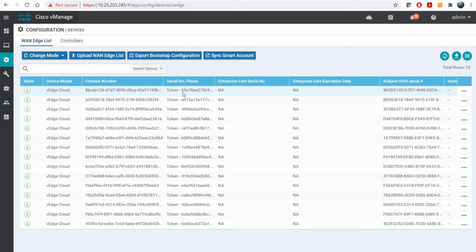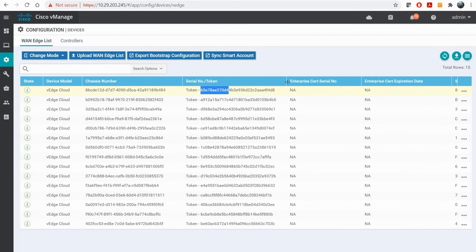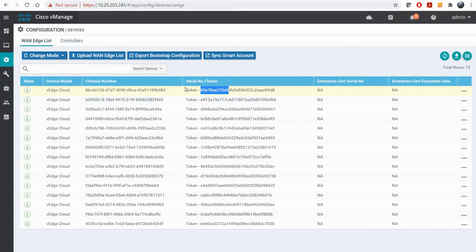So in the beginning, what vManage does, it generates a token, right? And with this chassis number and token, with these two values, you need to go to vEdges, and you need to tell vEdges that this is your chassis number and this is your serial number. So on the basis of these two things, vEdge will be able to make its parameters which are not there, because those are virtual machines, nothing is there, right? We need to tell vEdge what its chassis number is. So for that there is a command, right? And what that command is,